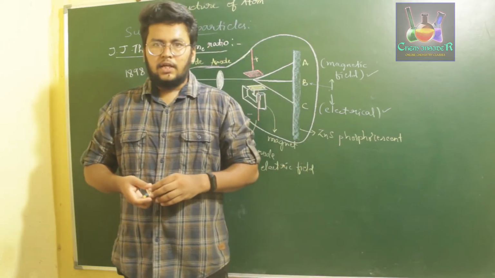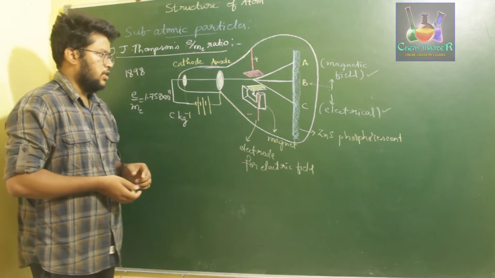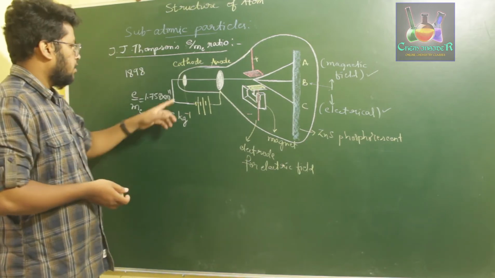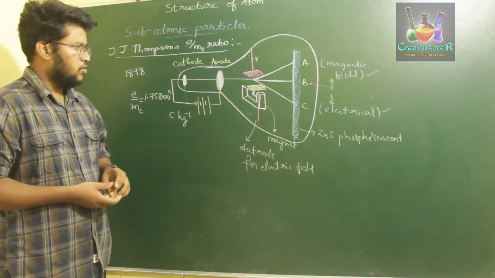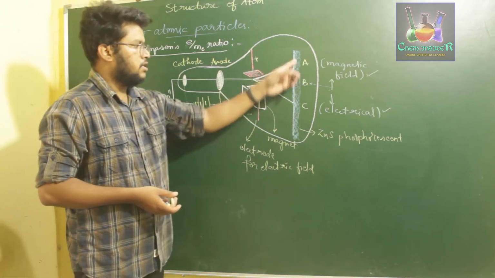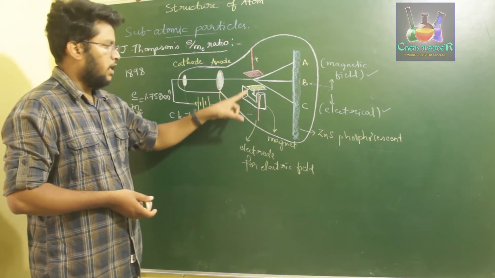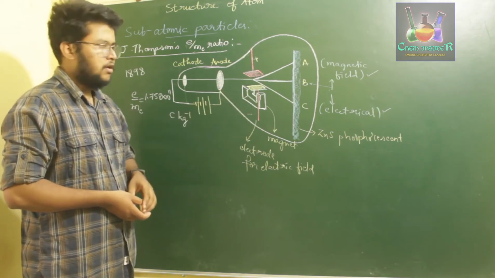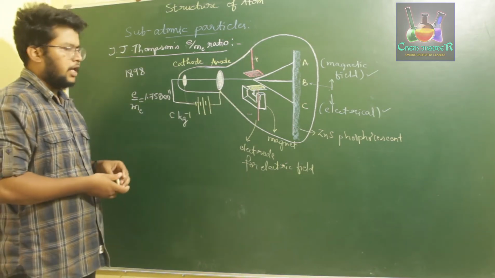To begin with, let us recall J.J. Thomson's method of determining the charge to mass ratio, in which he connected the cathode and anode to a high-end battery source, and between the anode and the zinc phosphorescent sheet he placed an electrical field and a magnetic field perpendicular to each other, which are in turn perpendicular to the incoming cathode rays.